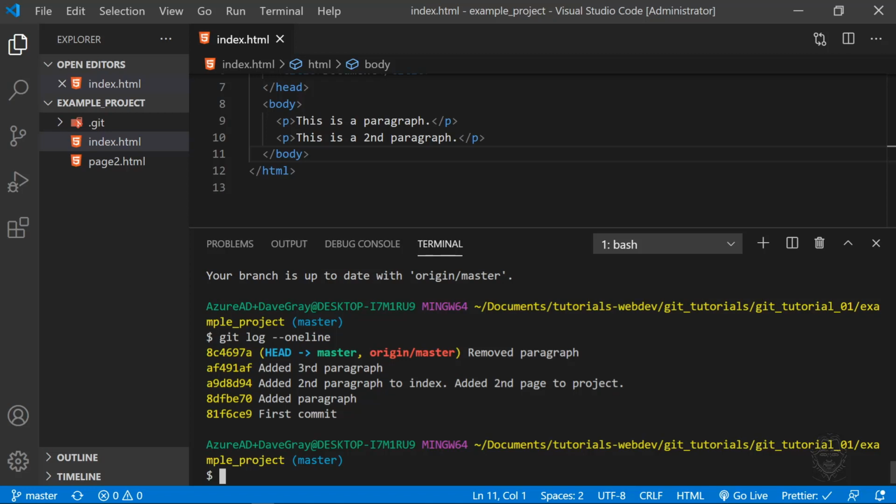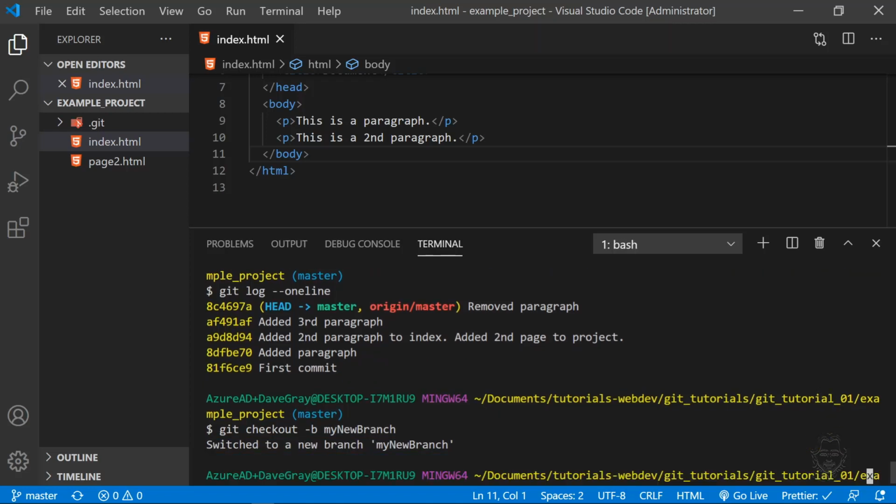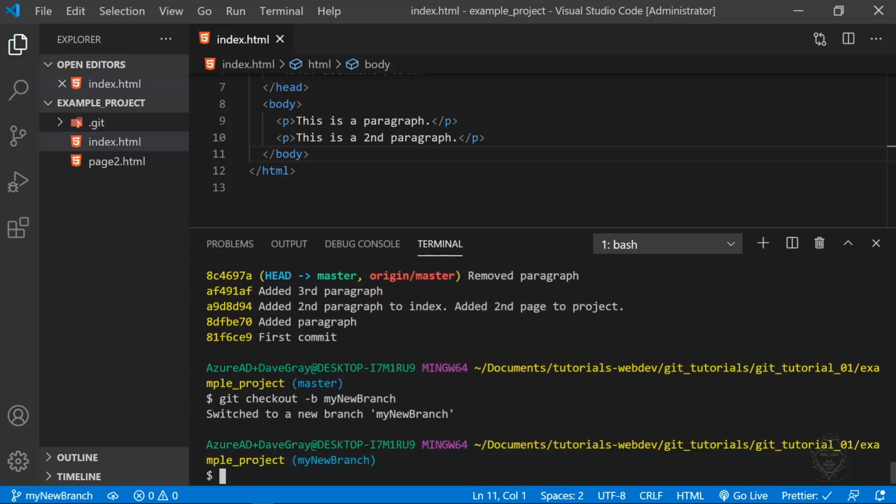Okay, I should also show you a shortcut that is commonly used. Sometimes you can do the checkout and create a new branch all on one line. And this is very common practice. Instead of doing git branch, the new name of the branch, and then git checkout to switch to that branch, you can type git checkout -b, which means you want to create the new branch, all on the same line. And then we can say my new branch,